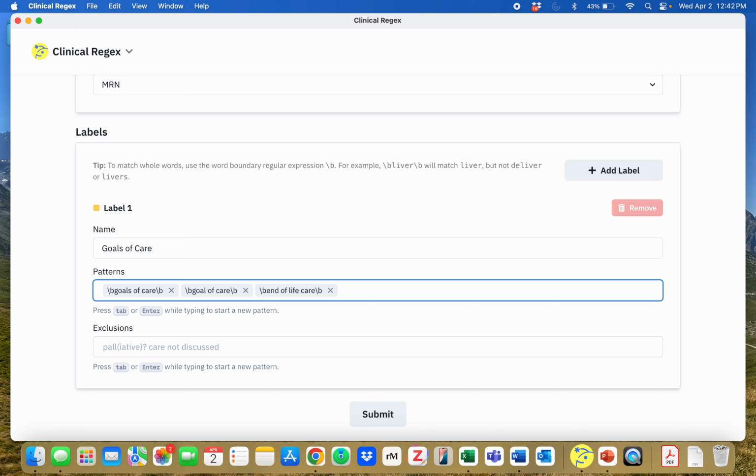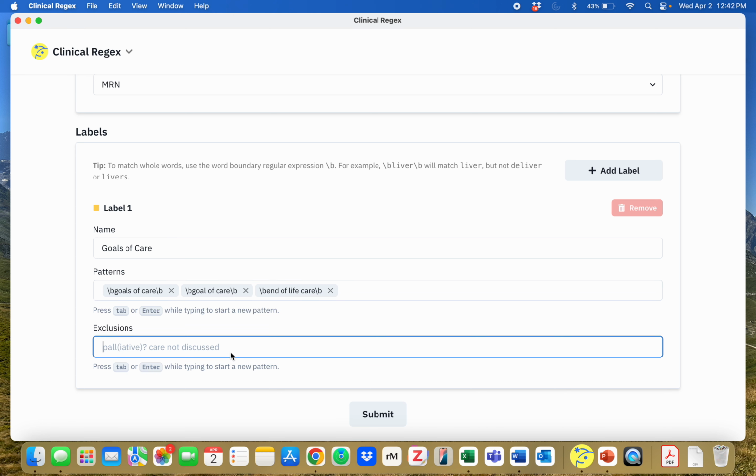You can add as many words as you want into this section. Below you can have sections for any words that you want to be excluded. So if you have notes that have a lot of carried forward text or any specifics that you know you don't want, you can make an exclusion criteria here that will ignore the keyword if it's found in a certain setting. You can add another label,